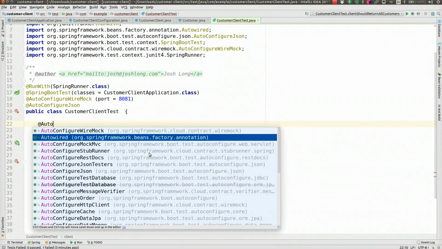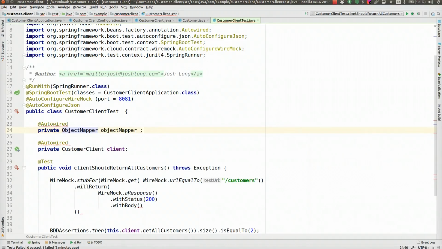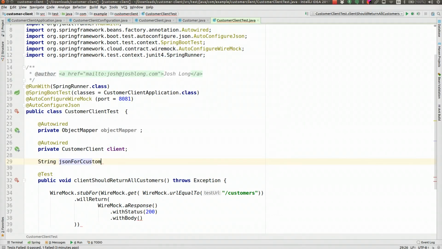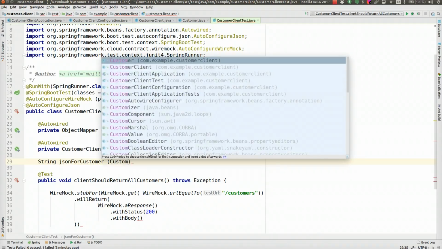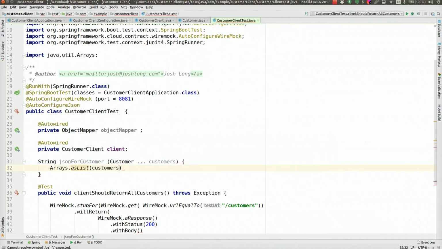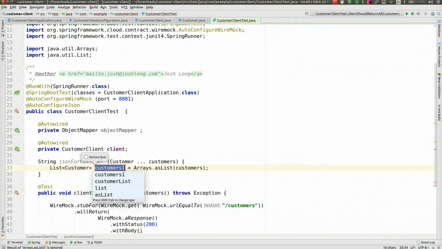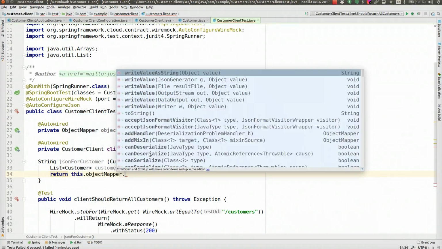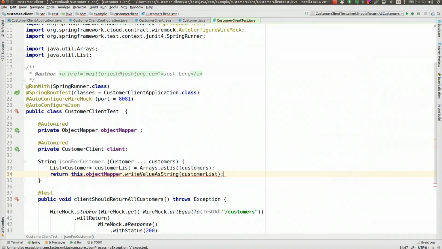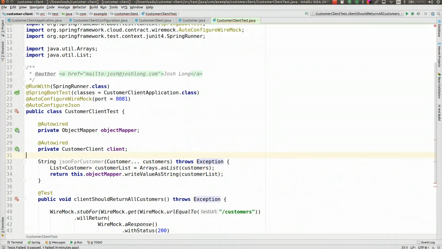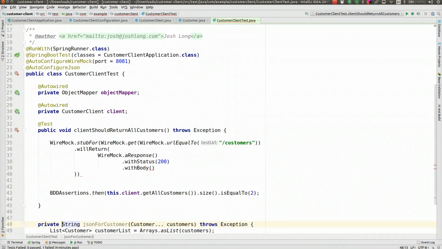Spring Boot test framework. Here we can inject an object mapper and use that to great effect to just get some JSON for some customer records. Okay, so customers. What we're going to do is create an array list, Arrays.asList for these customers, and turn that into JSON using this object mapper writeValueAsString, customer list, etc. And this, of course, throws an exception, so we'll say throws Exception. Very good. So there's our customer list, and we're just going to use that custom method there to return the